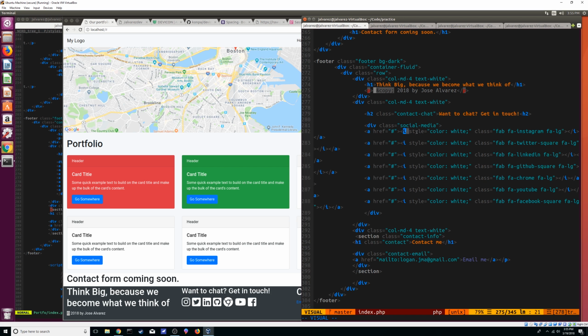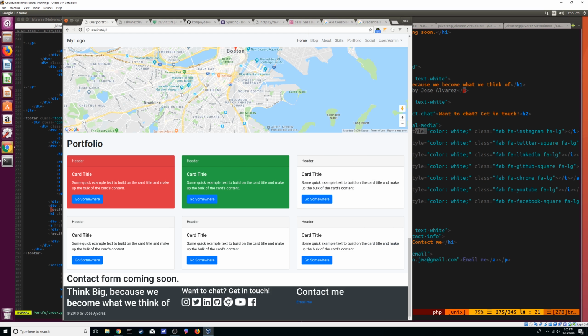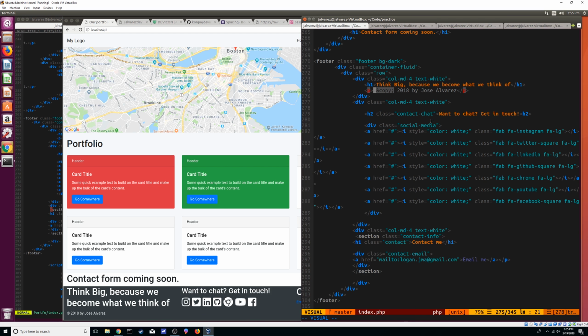We're gonna have an i tag with, I did some inline styles just because it's a little bit easier, and I'm just gonna keep them like that for the foreseeable future. So I just did the color to be white, and the class is gonna be FAB, FA Instagram, FALG, which is gonna be, again, you can